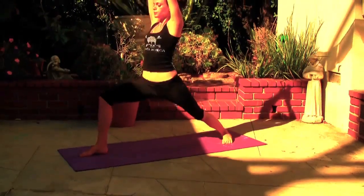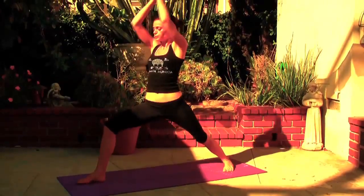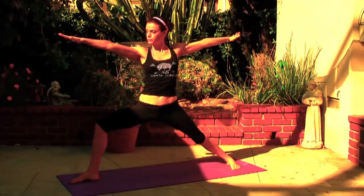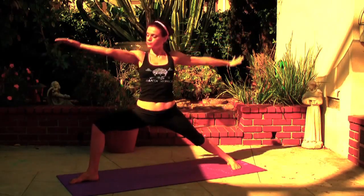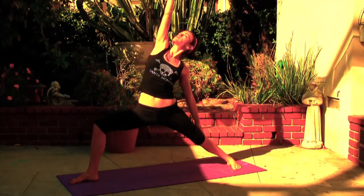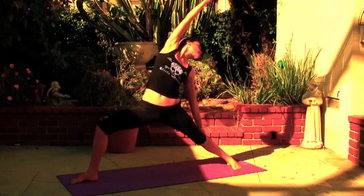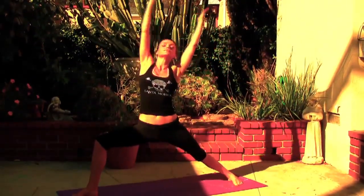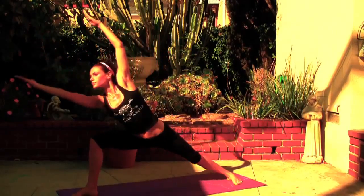Inhale, come up, warrior one. Hands over the third eye, warrior two. And let's reverse the warrior one more time. Bringing the right hand up and over the head, and again you can bring both hands, arms up, and now